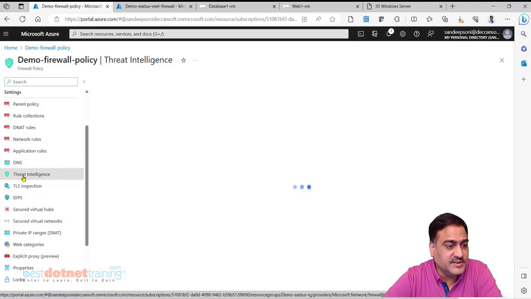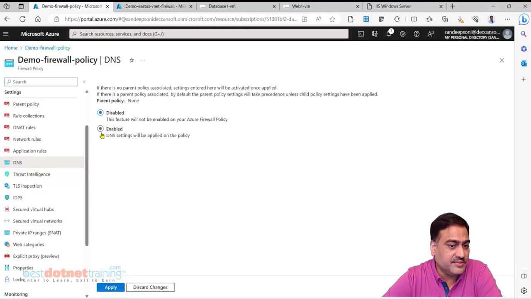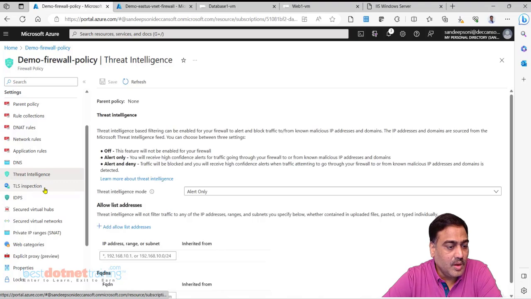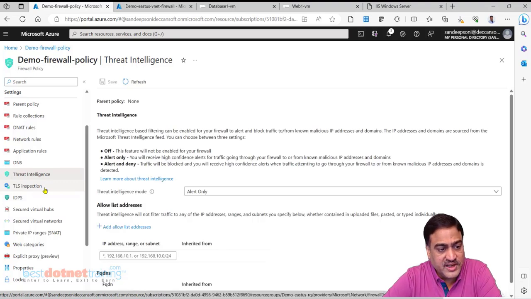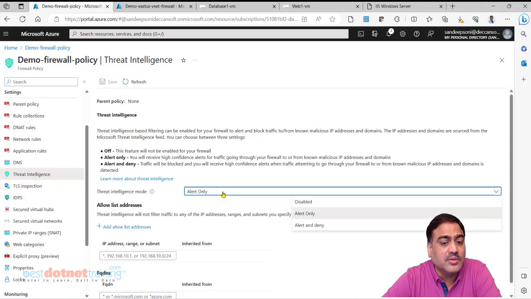Threat intelligence. You can configure DNS settings, which will be applied to this policy. If you want to have TLS inspection, SSL. See, right now threat intelligence is alert only. It will not deny, it will just alert, it will log it.